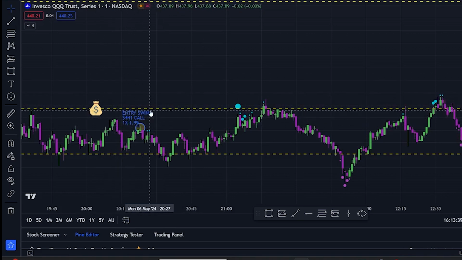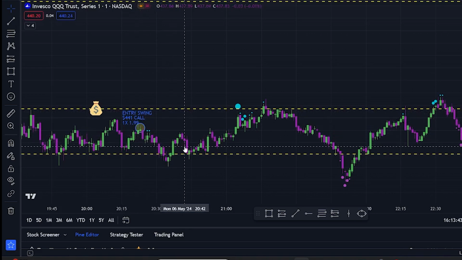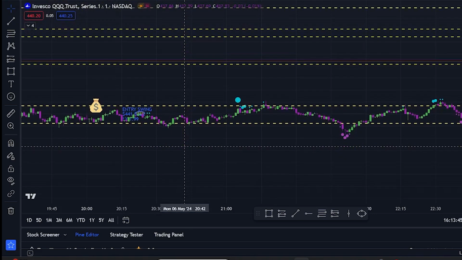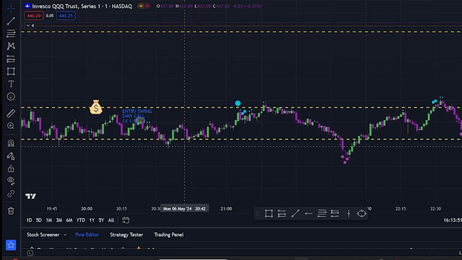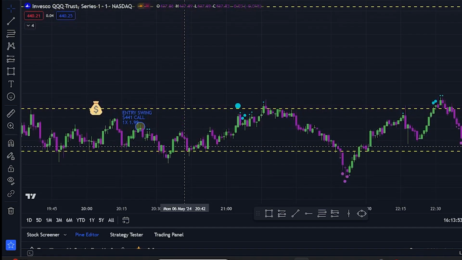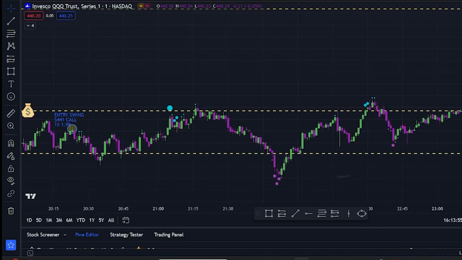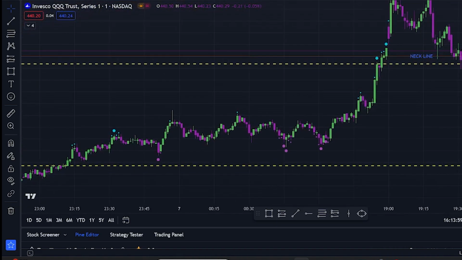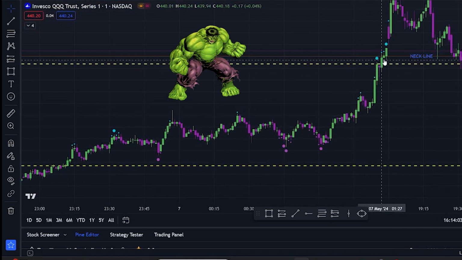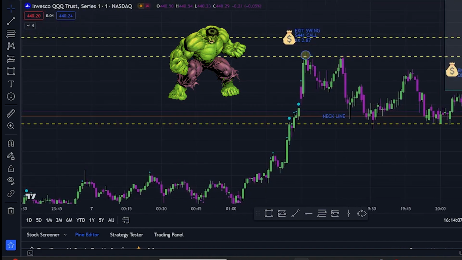So I got a swing that was set to expire on the 10th, but I already know, based on the levels that I have plotted here, that it would actually go up. But I did give myself roughly about 5 days for it to get to some of these levels, one in particular. So we scroll over, it just keeps going, going, going, going, going. And then right around here, as you guys can see, we had this massive breakup. So we have huge Hulk candles here, just going boom, boom, boom, boom, boom. And it goes all the way up.